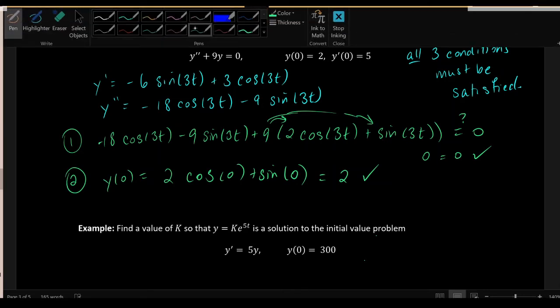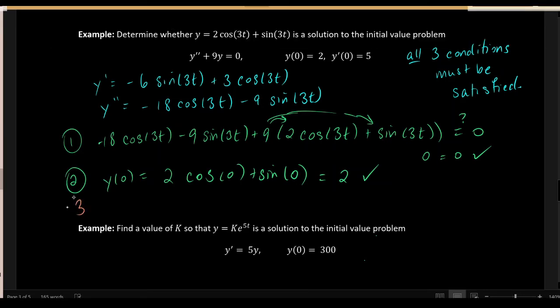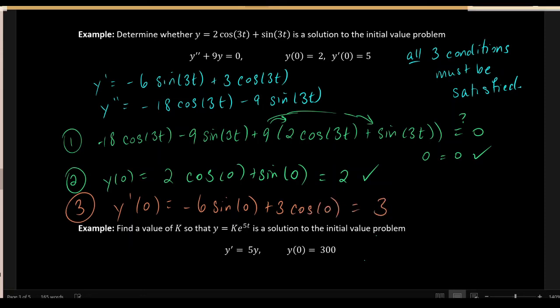However, if I look at the third condition, that if I take y prime and plug in 0 to that, the result should be 5. If I plug 0 into y prime, I get -6 sine 0 plus 3 cos 0, which simplifies to 3. That, unfortunately, is not equal to the 5 it's supposed to be,